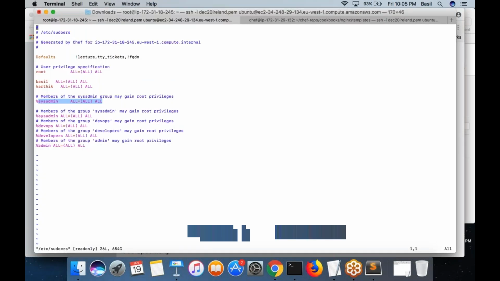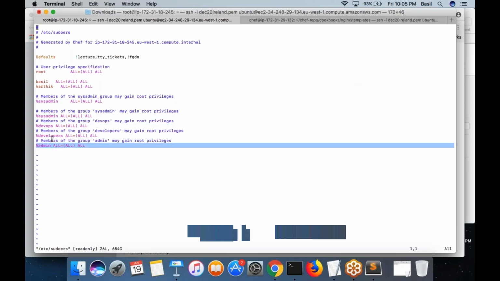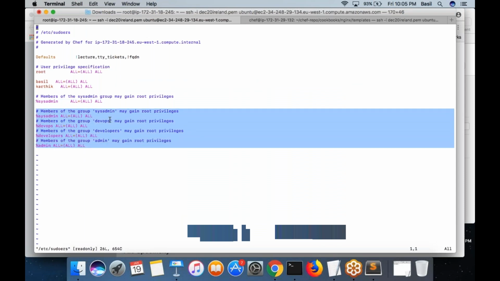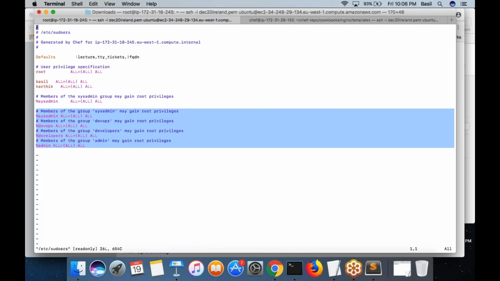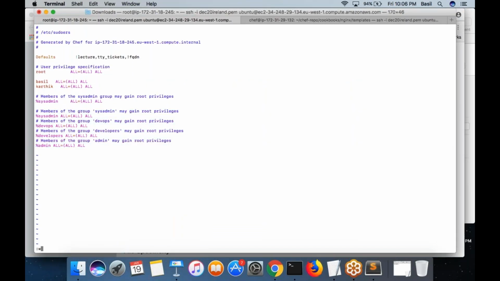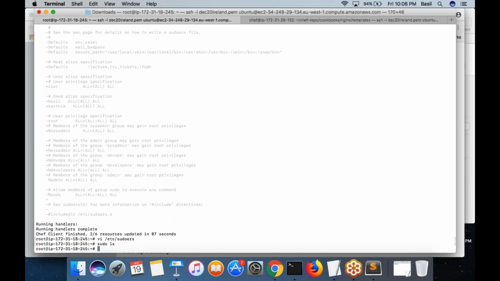So it is unchanged, and these four lines got added one by one using this particular code. Got it? So to be sure, just run the command sudo ls or something. Yeah, it's working. Basically, you did not make any errors in the sudoers file.